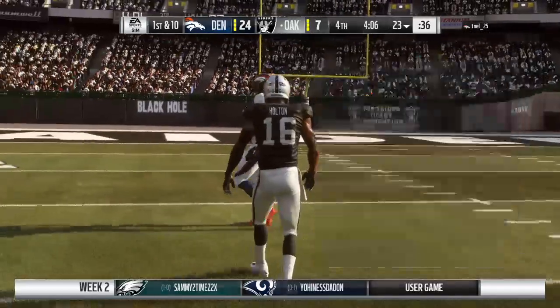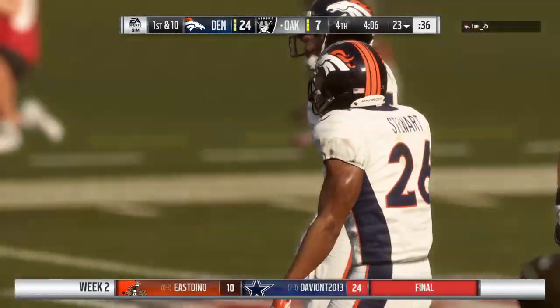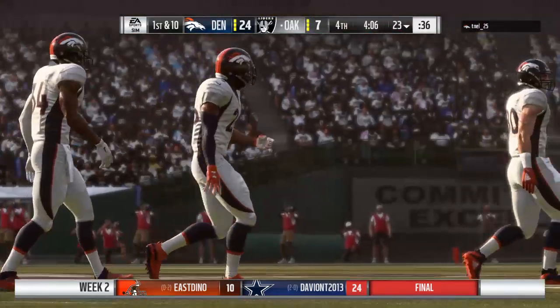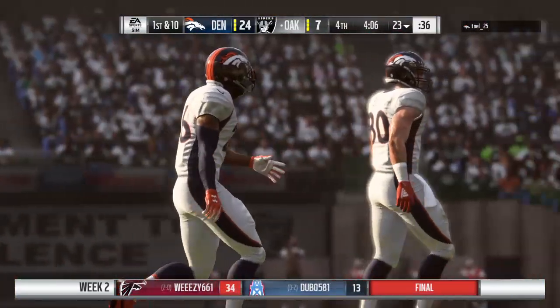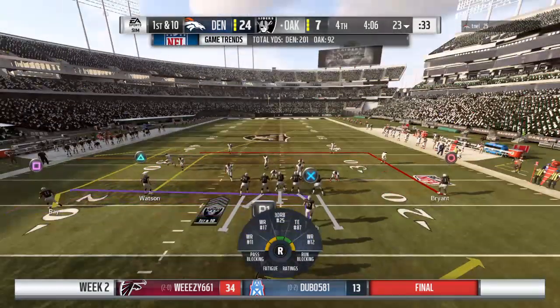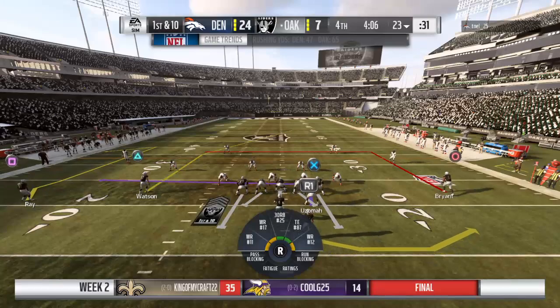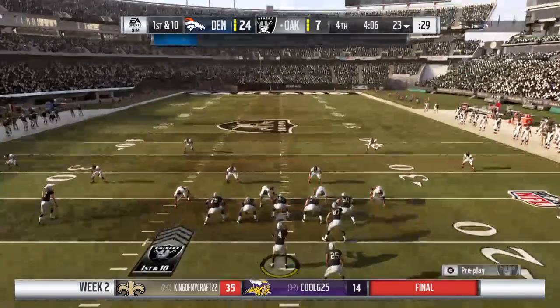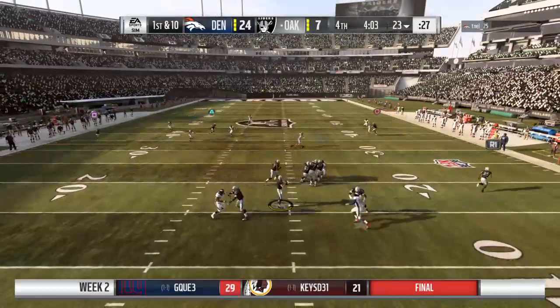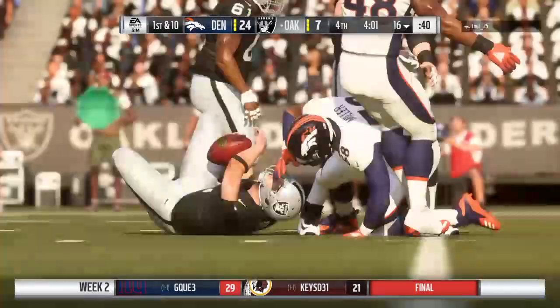And on that last drive, went for it on 4th, turned it over. A good job by their defense, though. They held them to 3, but this offense, they've got to be a little bit better, a little bit more careful here. And sometimes when you see these calls on 4th down, when they decide to go for it, it's not necessarily the coach saying, I believe in my offense. Sometimes the coach saying, I believe in my defense. I can afford to go for it here, because if we don't get it, and the Broncos get there and